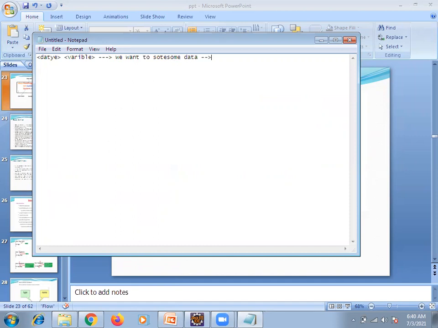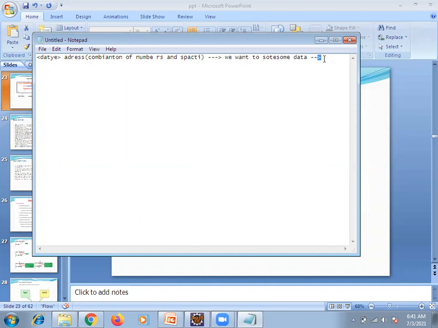You are clear? We want to store some data in a variable and use it across the application, across the program, either at method level or at class level. Now if you want to define a name, suppose number or suppose address, what will an address contain? An address will contain a combination of numbers and special characters also, right?